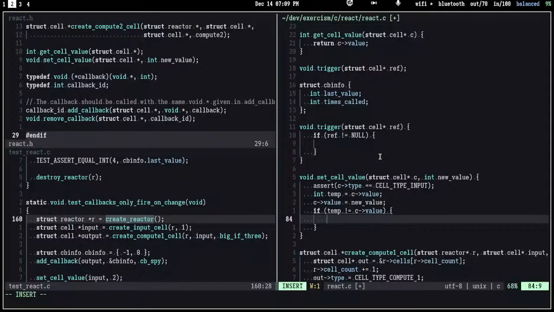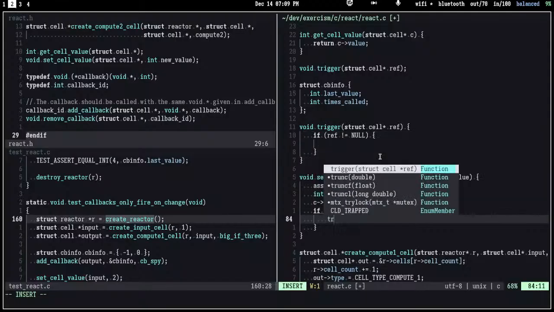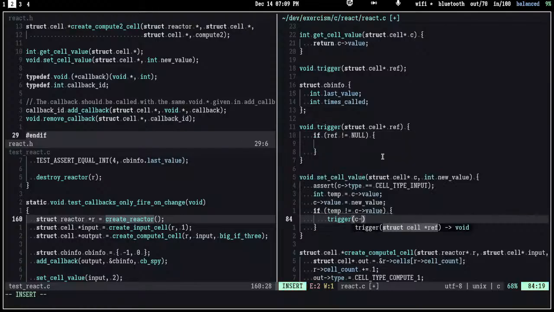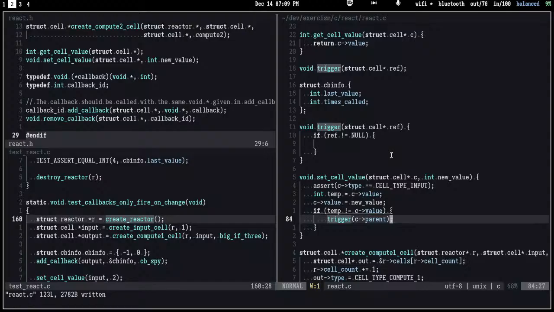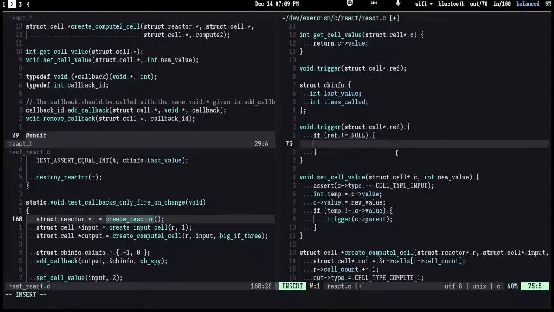Yeah, we wanted to trigger the parent. So if our parent is not null, what you want to do is to